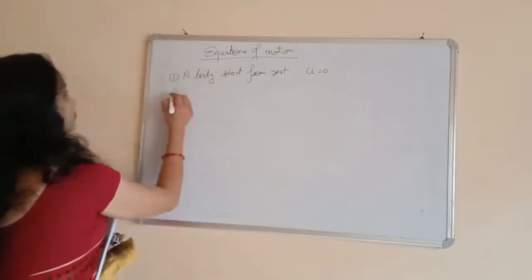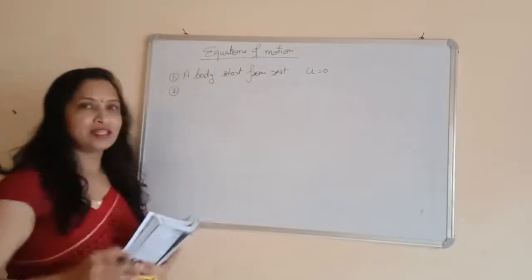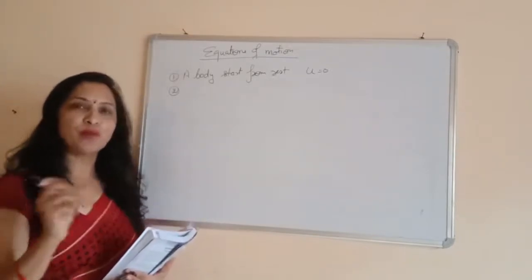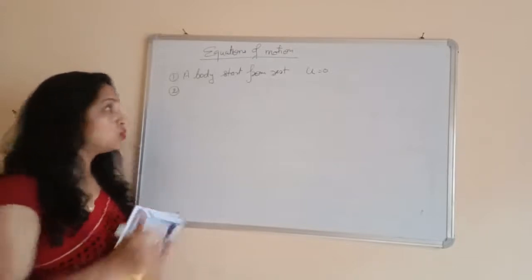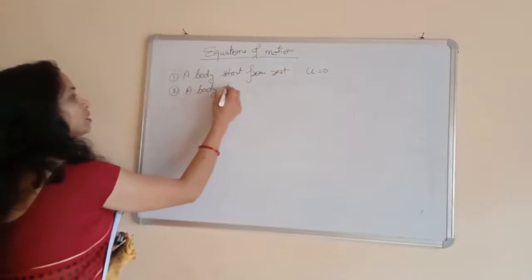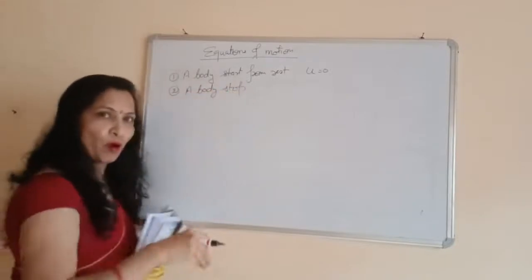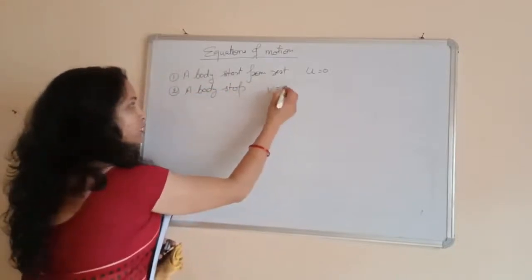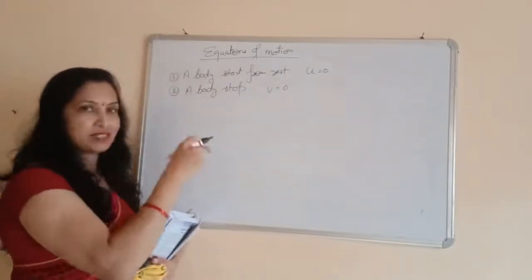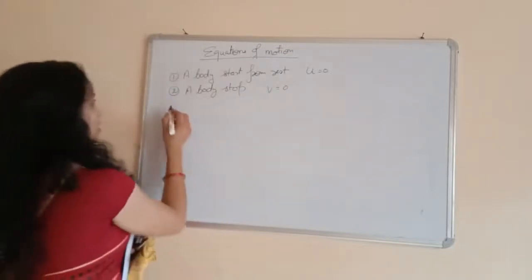And the second one, if it is given that we apply some brakes and the body stops after moving some distance. So a body stops, the final velocity of that body is equal to 0. It means we should know that its final velocity v is equal to 0. Okay. Third point,